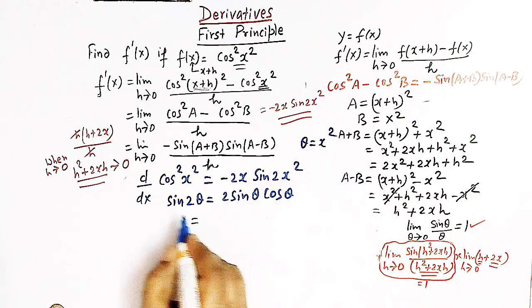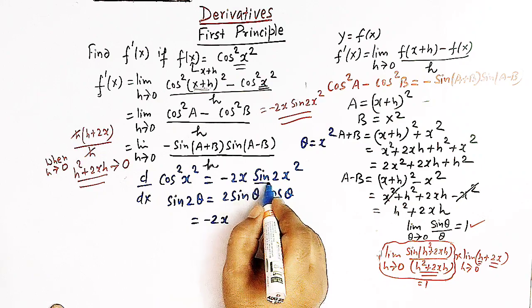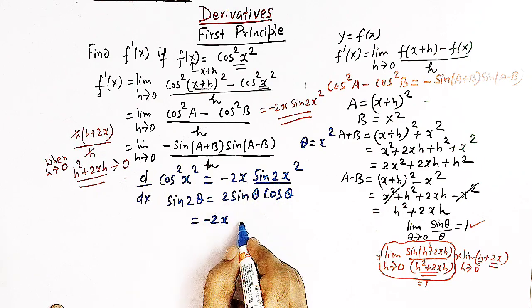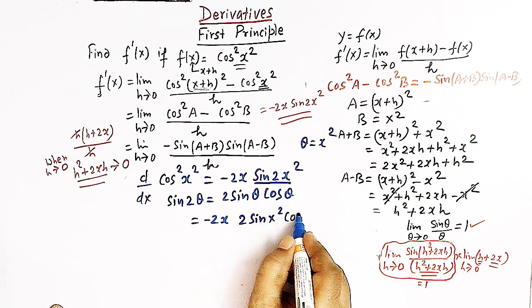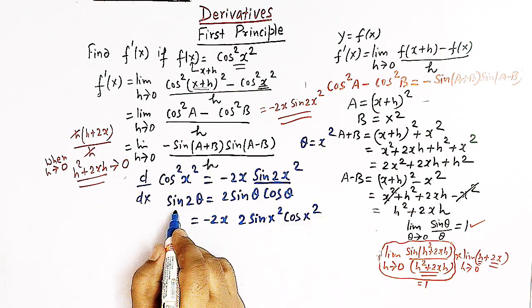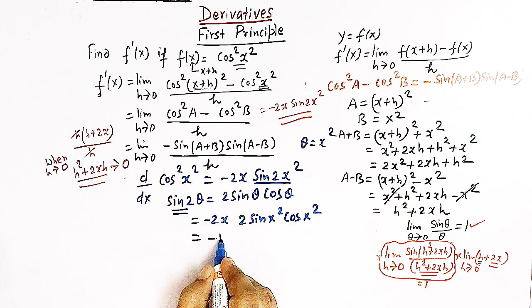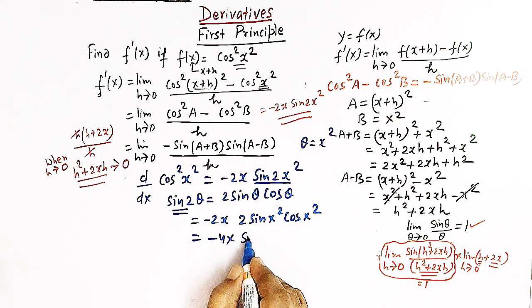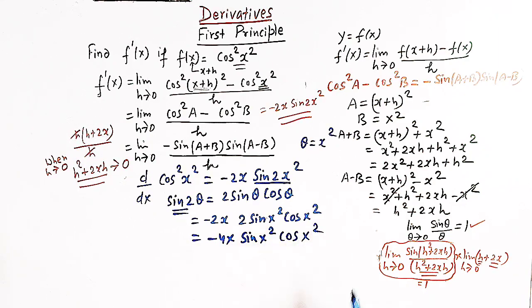So now the derivative can also be written as minus 2x, and for sine 2x square we can write 2 sine x square cosine x square using this result. So now 2 times 2 is 4, so we have minus 4x sine x square cosine x square,